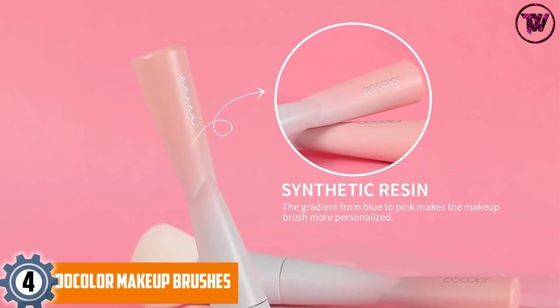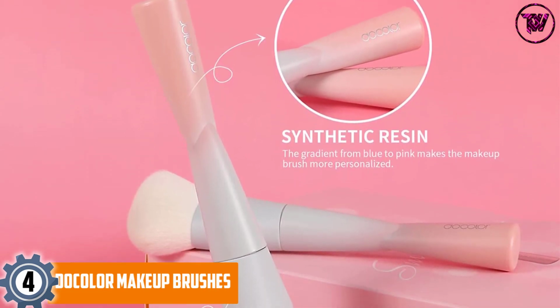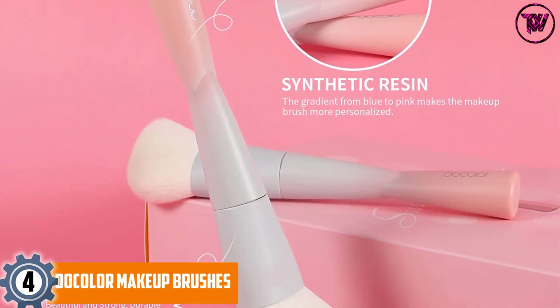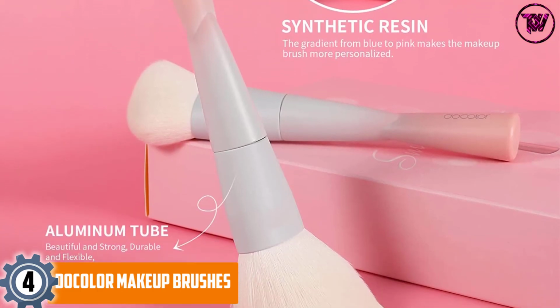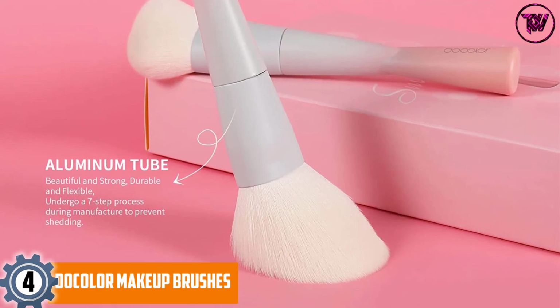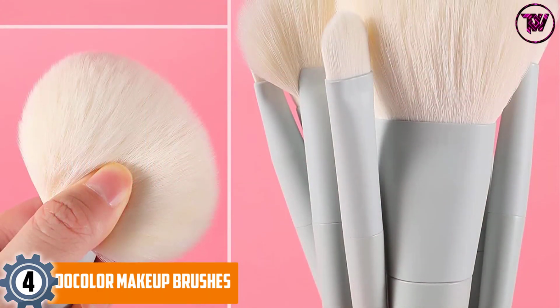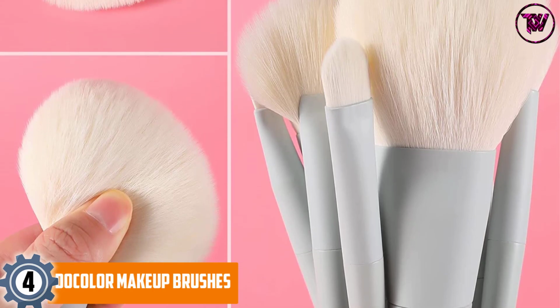At number 4, Docolor Makeup Brushes. Imagine what 16 pieces of professional brushes would do to your appearance. Well, with the Docolor makeup brush set, you don't need to imagine anymore. It weighs about 8.6 ounces and contains all kinds of brushes you need to apply foundation, mascara, eyeshadow, lip gloss,